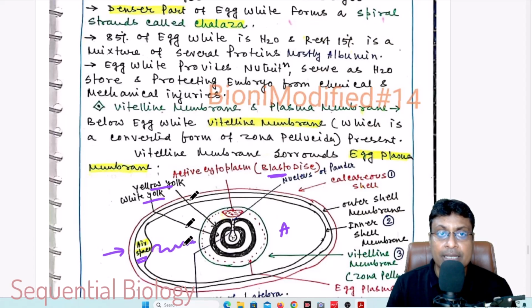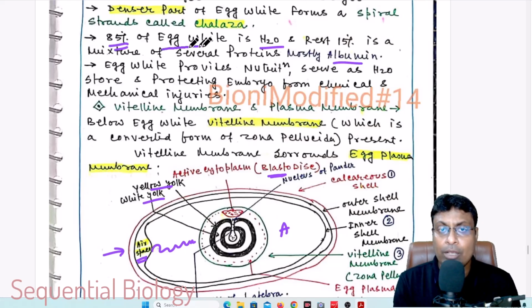Then this is chalaza. And 85% of the egg white is water, and the rest 15% is a mixture of several proteins, mostly albumin. The egg white, which is also known as albumin, contains 85% water and 15% protein. And egg white provides nutrition, serves as a water store, and protects the embryo from chemical and mechanical